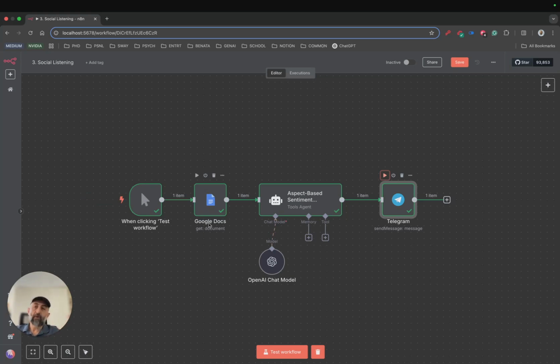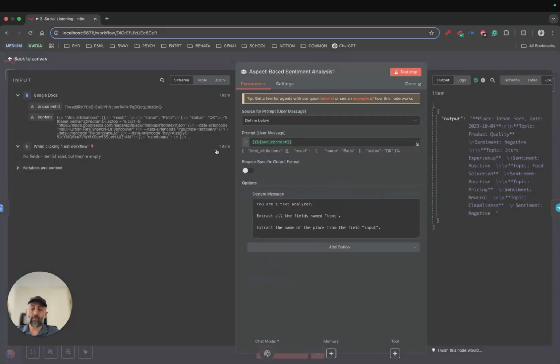But in the real world, you can connect your model to some sort of HTTP request block that N8N offers, and call all the commands that you need for your use case. So given all these comments and customer comments retrieved, now let's dive into the prompt that I use for this model. I specify the role of the LLM, which in this case is a text analyzer. You are a text analyzer.